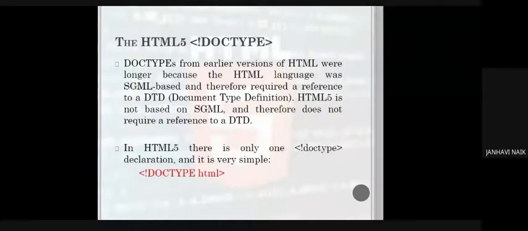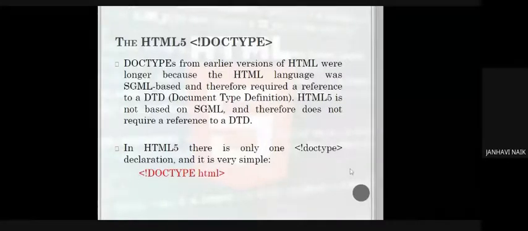Therefore, they required a reference to a document type definition where everything is written. Whereas HTML5 is not based on SGML, therefore the doctype is included in the HTML file itself. So that's why this declaration should be the first declaration when you open any notepad file to create an HTML5 program.